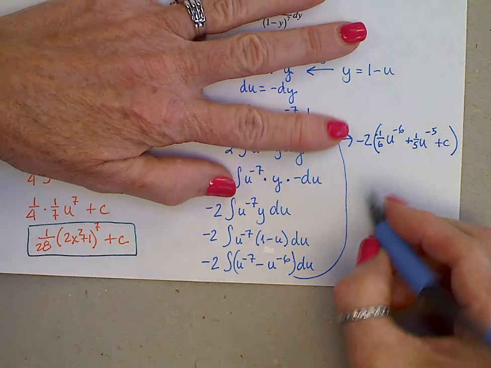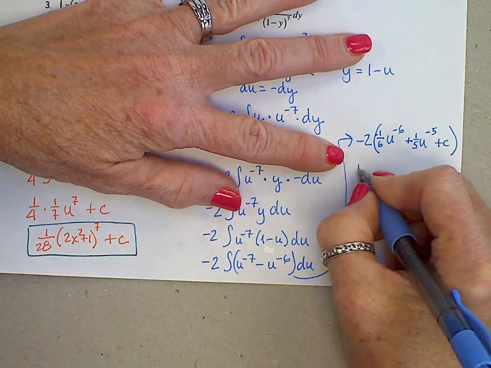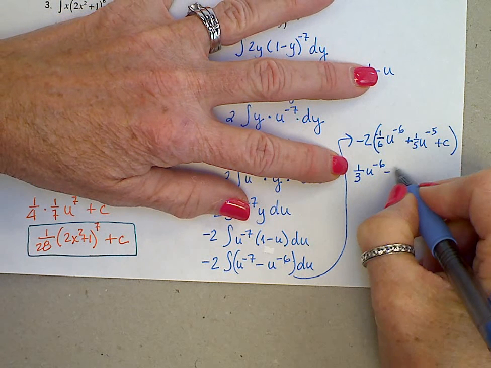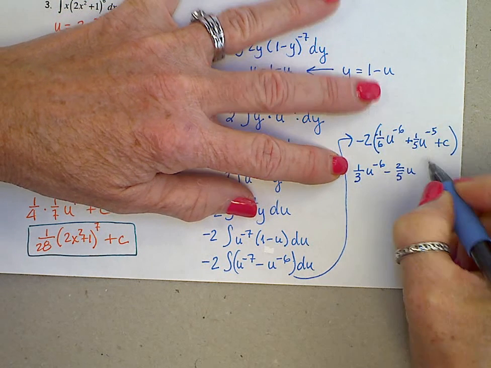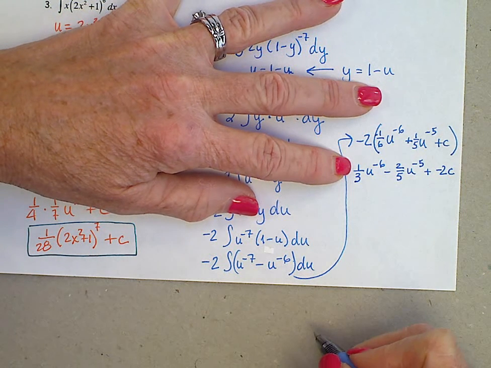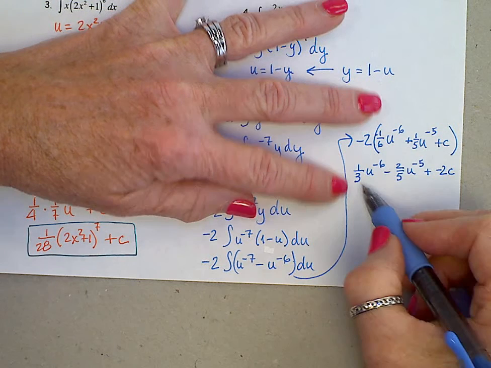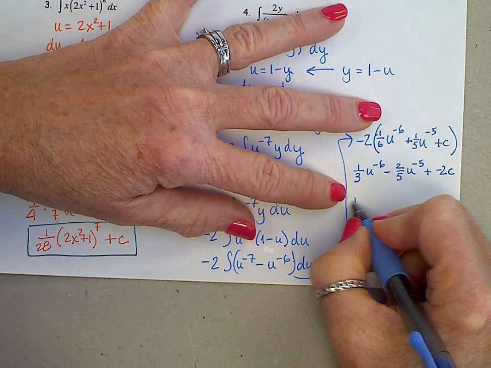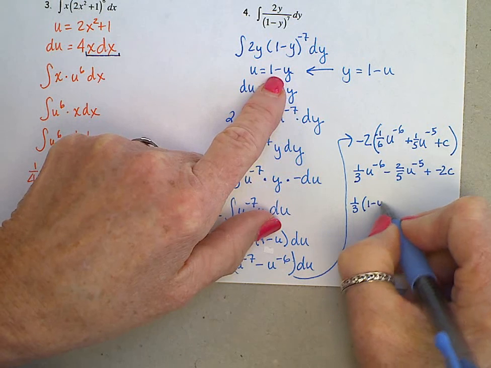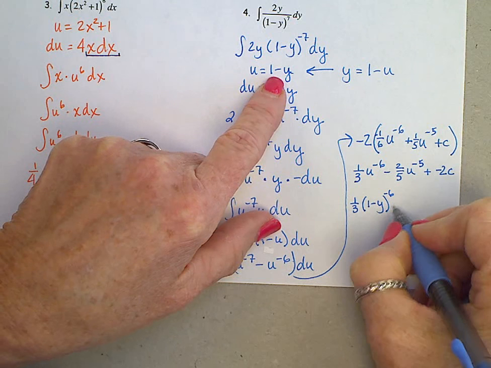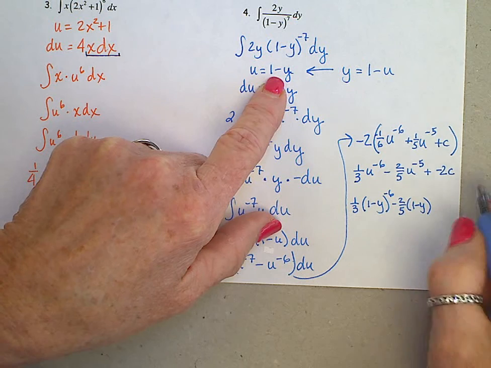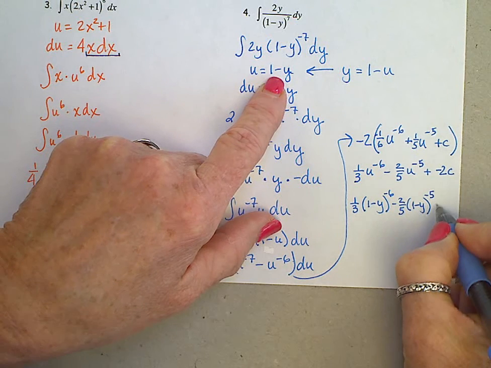Distribute that negative 2 through, and that'll give us 1/3 u to the negative 6th minus 2/5 u to the negative 5th plus a negative 2c. And now let's replace out that u, so we have 1/3 times u was 1 minus y. 1 minus y to the negative 6th minus 2/5 times a 1 minus y to the negative 5th plus,